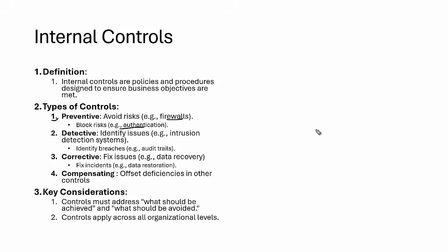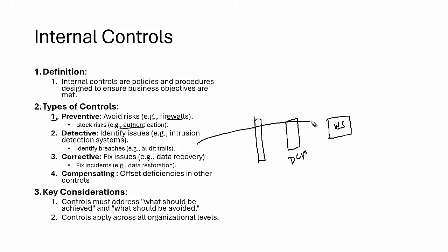For example, we have a DLP here, data loss prevention, which ensures data should not leave to any unauthorized network. And we also have a firewall which monitors all the connections. And then we have a web server here. Now there's a lot of attacks happening from outside. Let's say this firewall is down. So we have a second layer of defense here to protect if my primary firewall is down. That is called a compensating control. If my first control fails, we have a compensating control to protect against the impact.